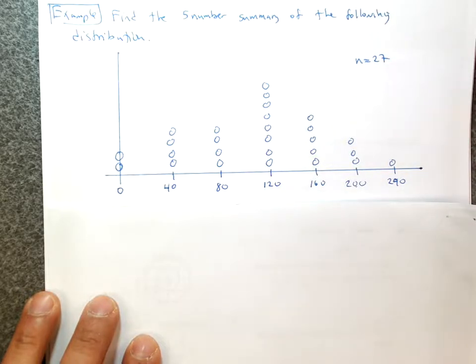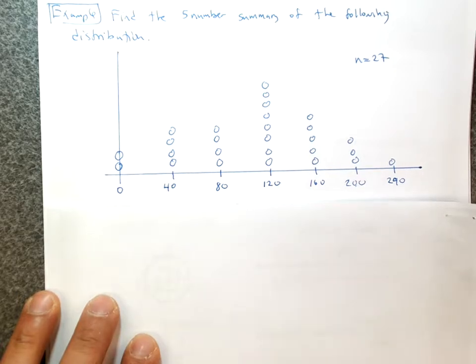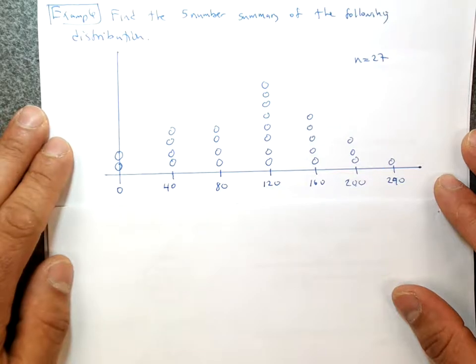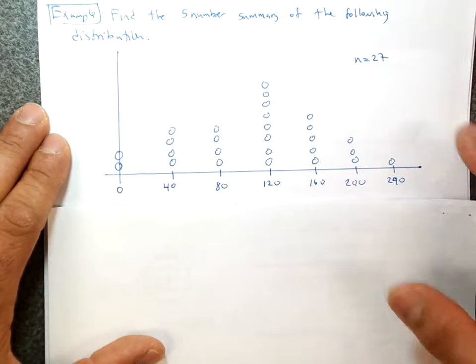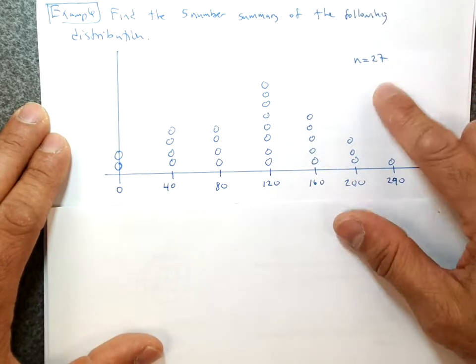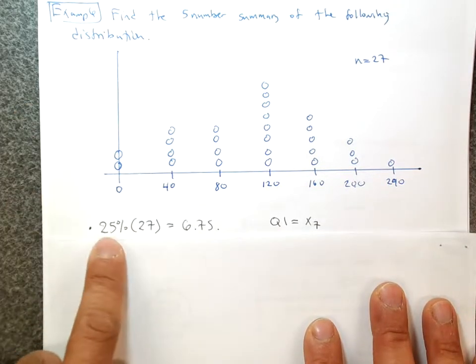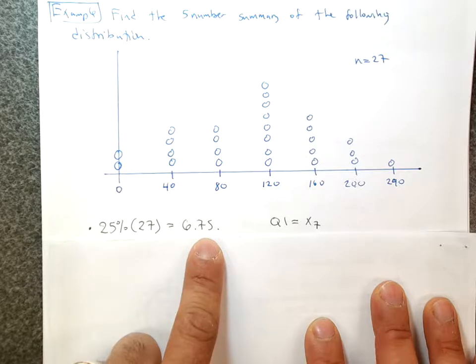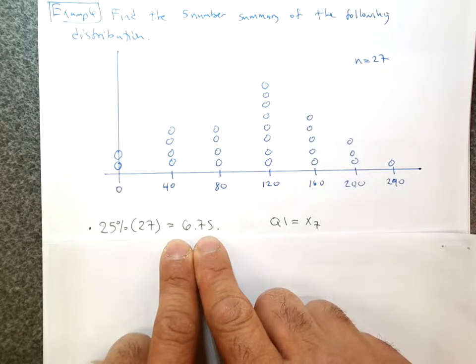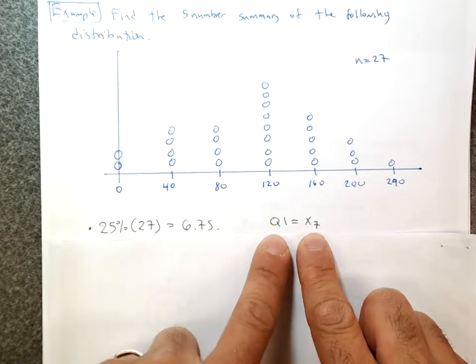There are 27 total dots here, with values ranging from 0 to 240. Again, some hypothetical distribution, no context. So I have 27 individuals, and I use the same technique as before to find the 5-number summary. I found 25% of 27, 50% of 27, and 75% of 27. Let's go through the work. 25% of 27 is 6.75. That's not a whole number, so I round up to 7,